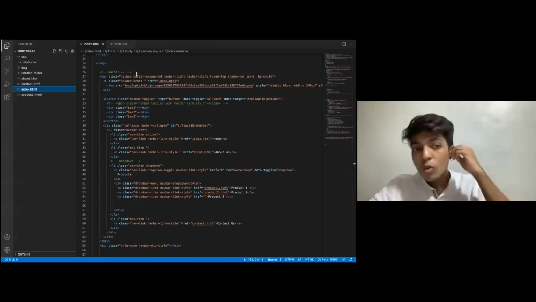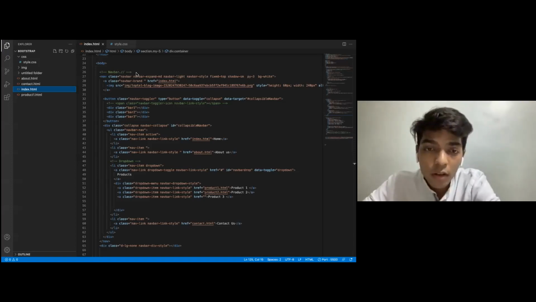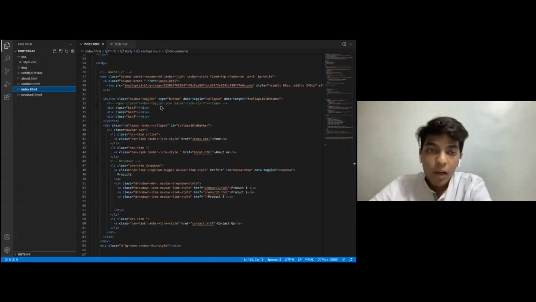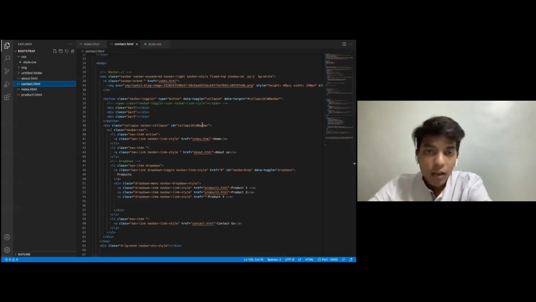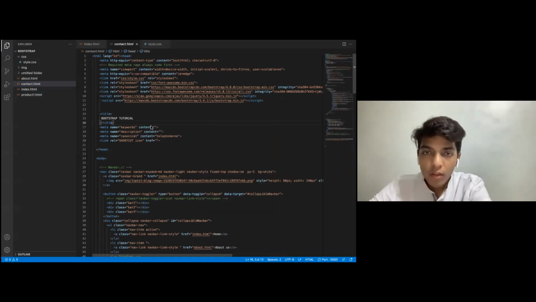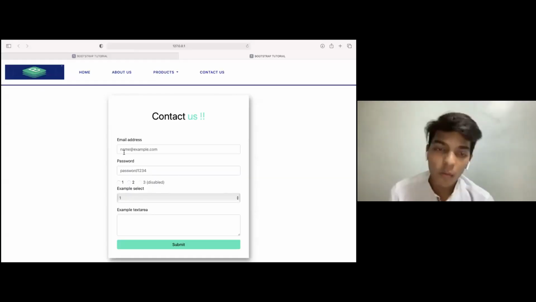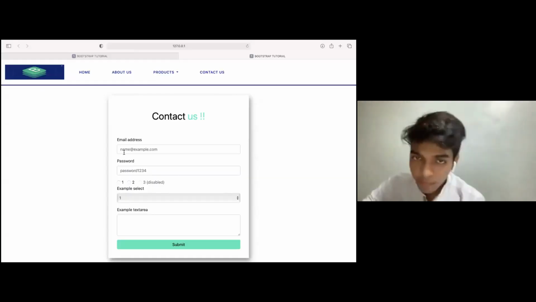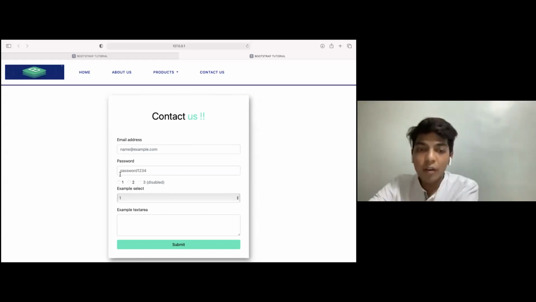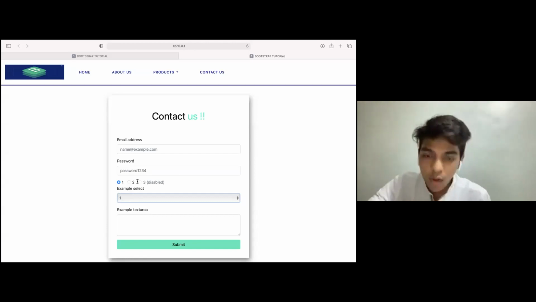Can I go to the form tag now? The contact us .html is where the form tag was. We'll be putting it up on the live server, and this is the contact us form that we are using. Basically, there are three parts in the form: one would be the radio button, one would be the multiple select, and the other would be a checkbox. I have not included a checkbox; I'll do it when we go to the code. And there is a submit button.